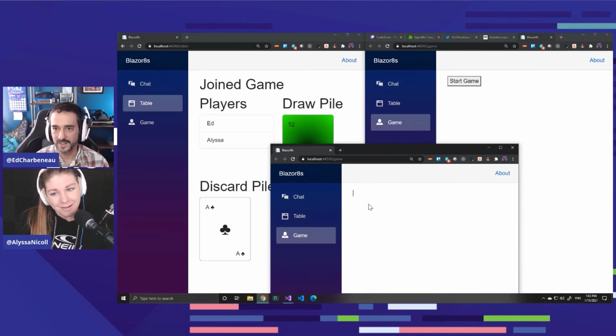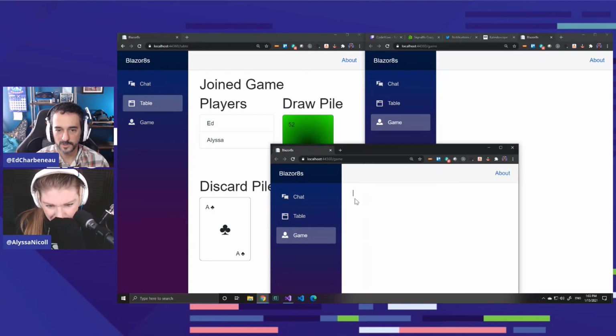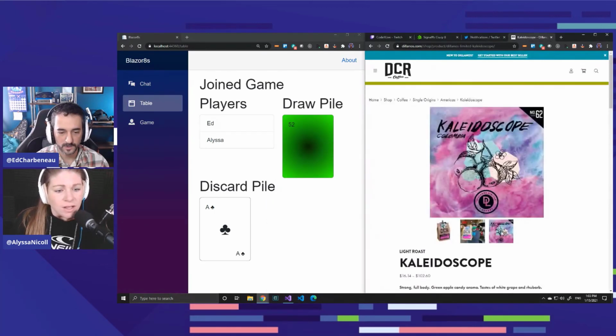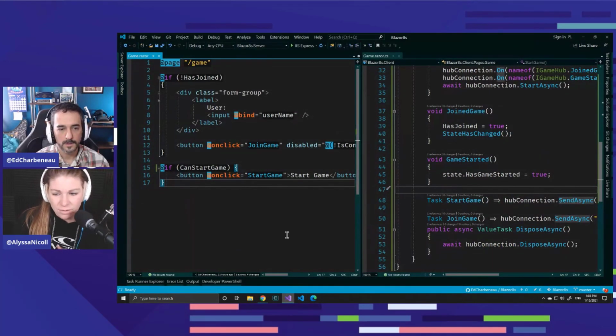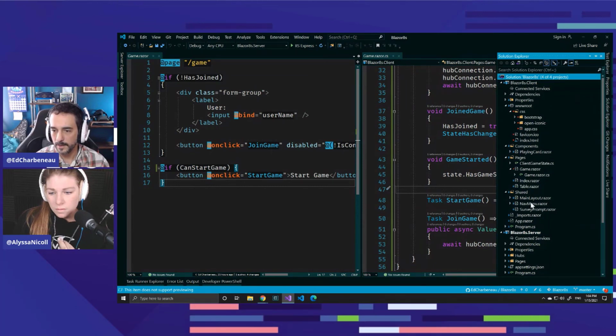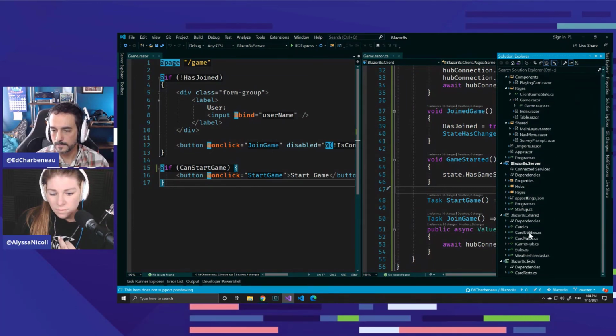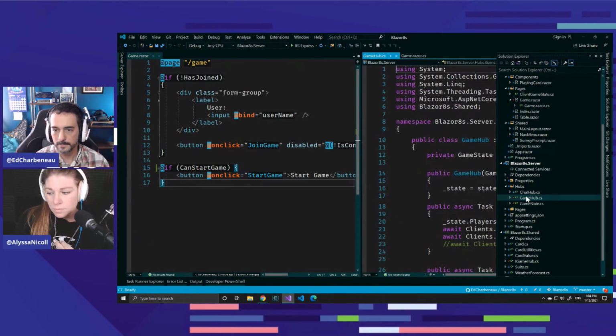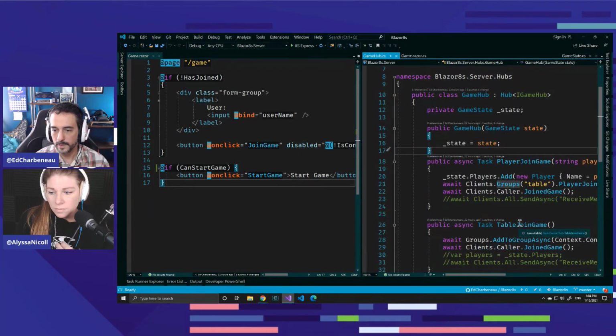I clicked. Okay. It's weird that it didn't go away for the other client. Yeah, it only went away for me and not you. It weirdly kind of stalled on that too. Are you sending that out, that the game has started, to everybody? Let's double check. So we need the hub. We need to look back in our hub. Game hub. And when we start